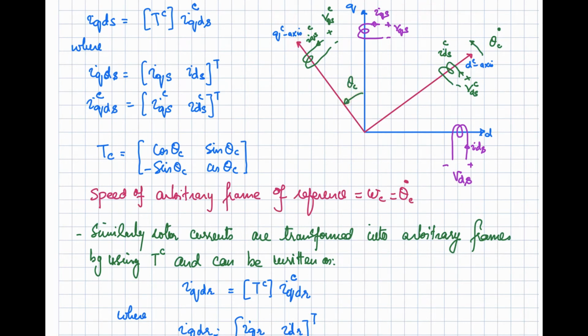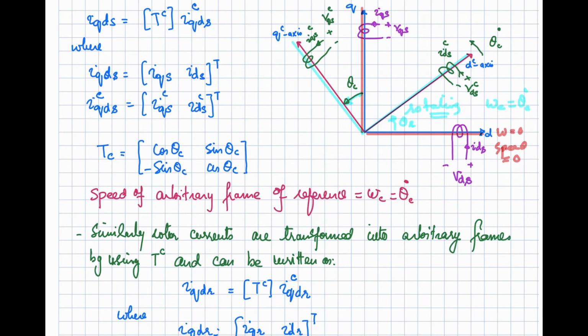So now just to concentrate, we have this set, this one D and the Q, those are fixed and their speed is equal to 0 because they are not moving, and we have considered our model in this frame of reference with the help of the above equation. And the other set of axes that we are going to consider now, that is the rotating frame of reference, rotating with the speed omega c, that is equal to theta c dot, where theta c is this angle or this angle. So we can say that this is the arbitrarily rotating frame of reference with any speed omega c. That may be the rotor speed, maybe the stator speed, some other speed, right?